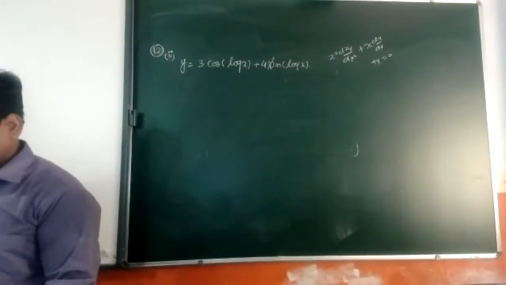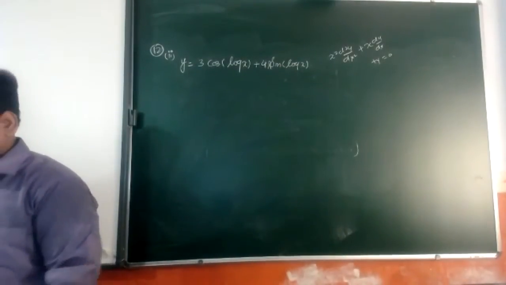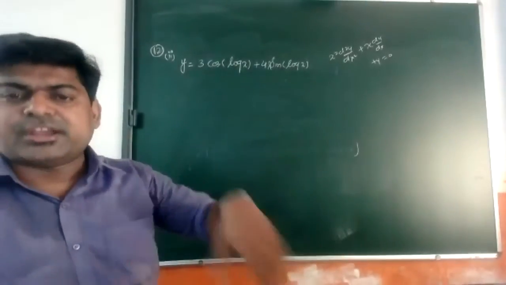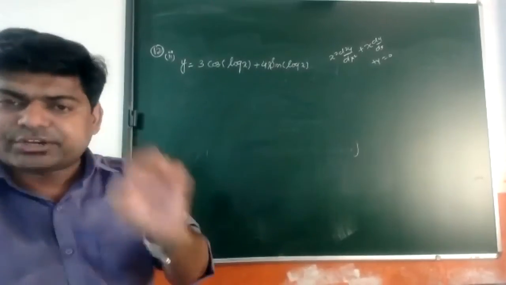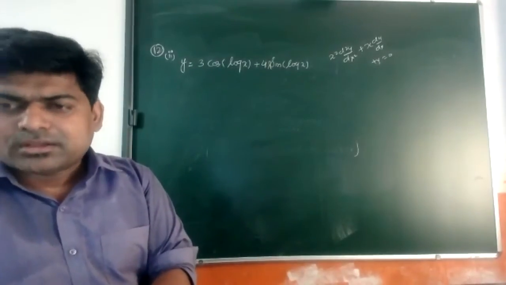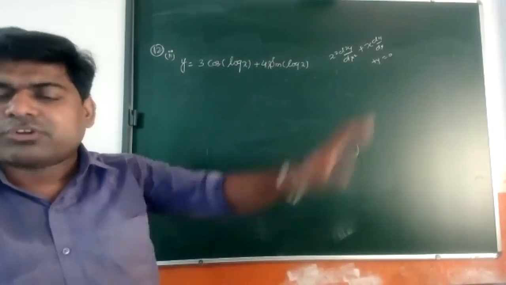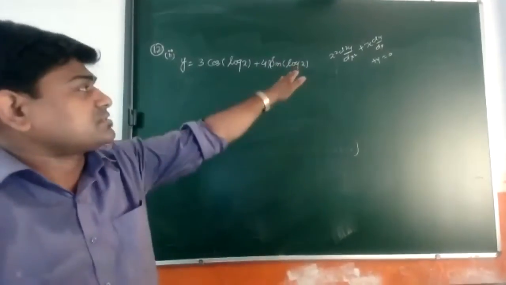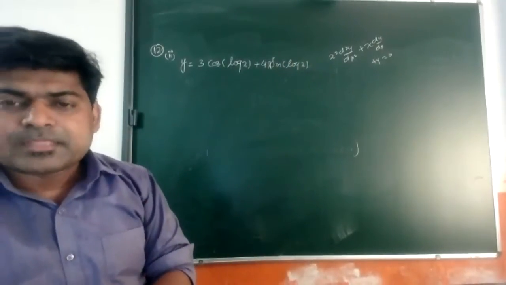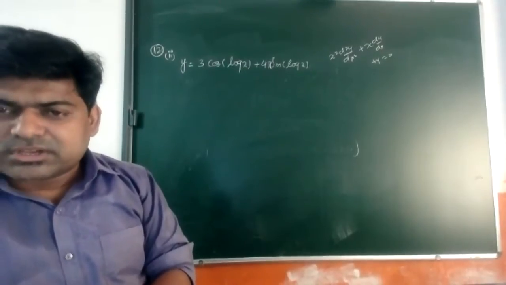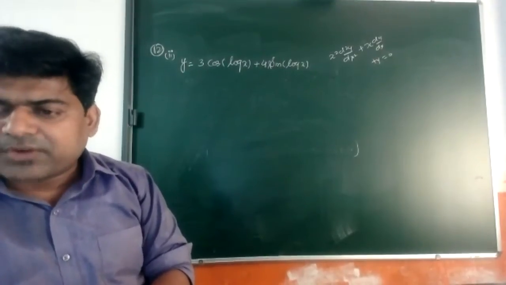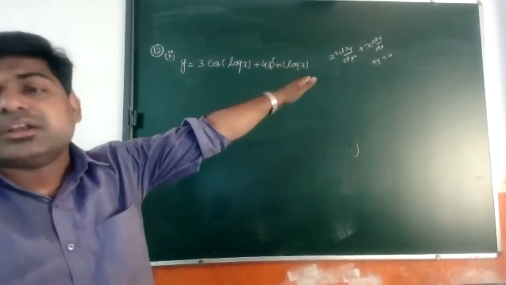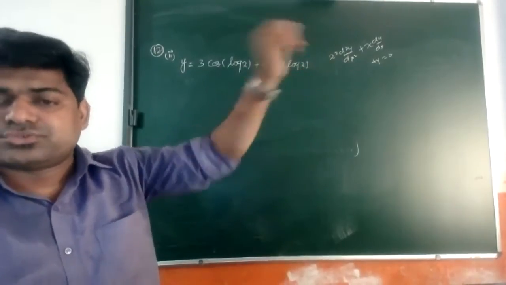Again, I am repeating myself. If you are having such type of question, there are two options in front of you. The first one, directly we will differentiate, and after getting dy by dx, we will try to get d2y by dx square, and maybe after some arrangement, we will get our result directly. But suppose we are not able to reach this result, no problem. y already is there with us. dy by dx we will find, d2y by dx square we will find, and these three values we can substitute in the left hand side of the result, and we will get it true.